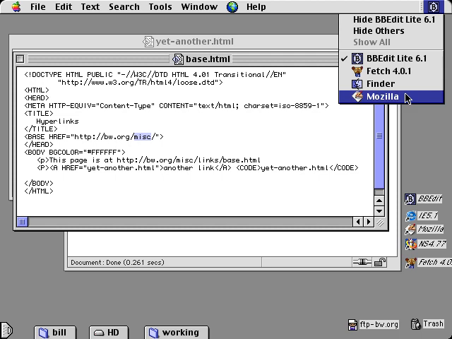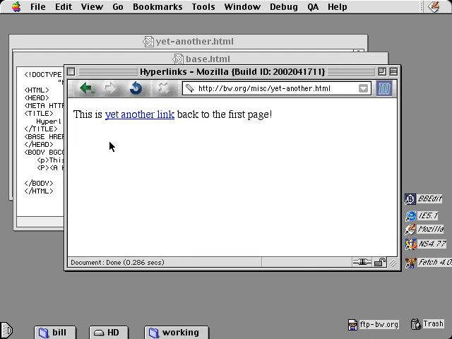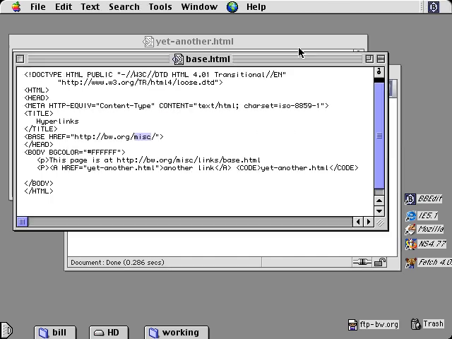Let's take a look at this in the browser. Here I've loaded up this page, and notice that it's in the links subdirectory under misc. And we have this relative link, and when I move my cursor over it, watch the status line down here. Notice that the link is creating a URL in the misc directory above, and when I click on it, we're not in the links directory, we're in the misc directory. And so yet another .html, when we look at that in the browser,